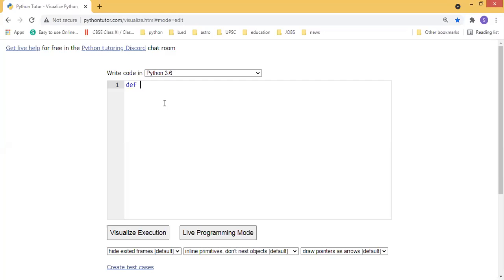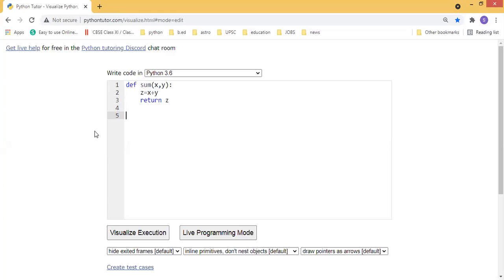So we can call the function. First we should define the function, right? We can get any variables by using temporary variables. These x and y are the temporary variables. Inside the sum function I'm going to add the values, z equal to x plus y. Then I'm going to return the value. This is the first method: processing and returning the value.